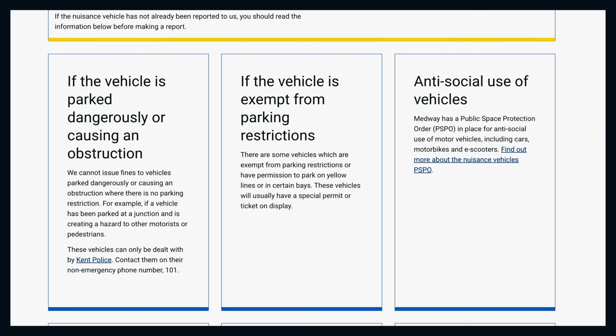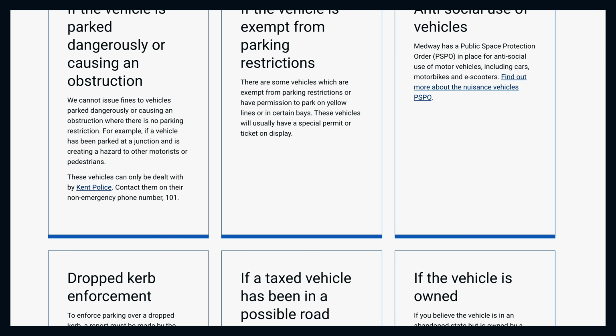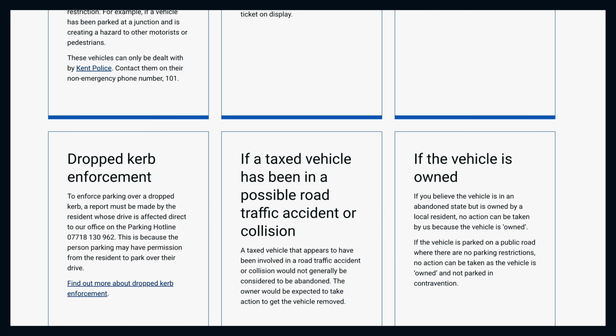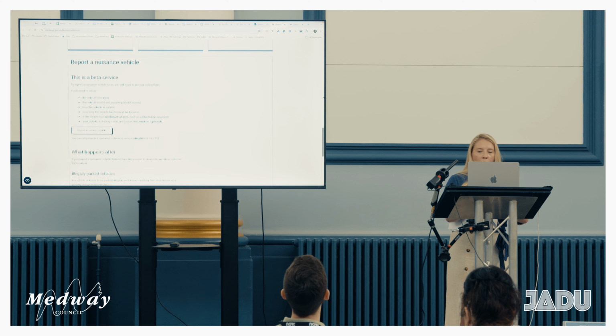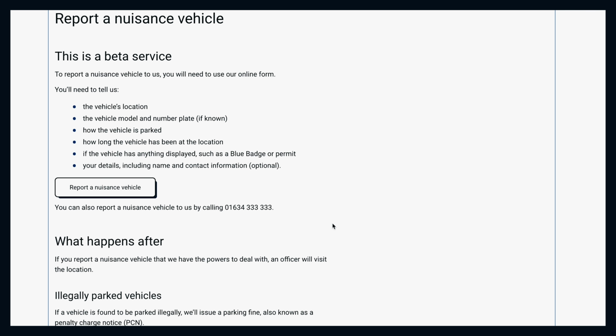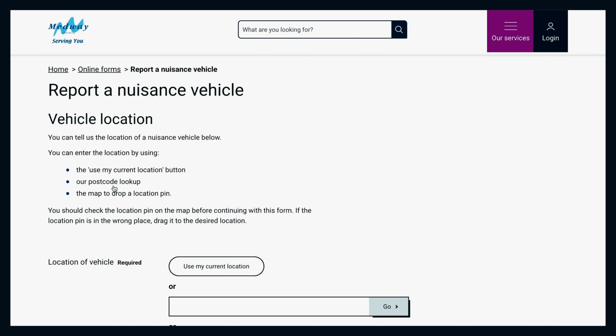So our web page is now nicely organised, and at a glance, a user can now see all of the things that they can do here, but if they need to go off to somewhere else, we signpost them off quite quickly. So our call to action, hopefully, is going to work. And this is part of our reported